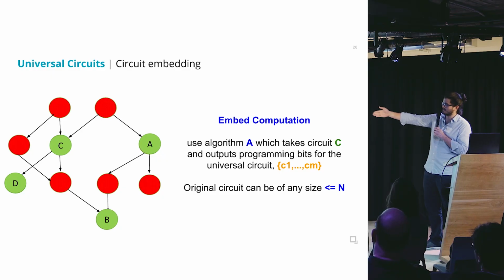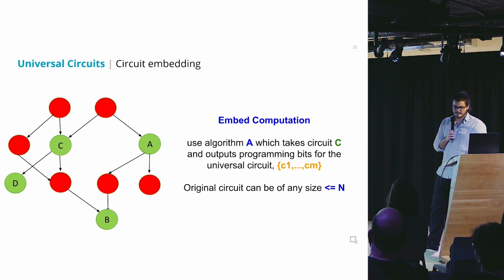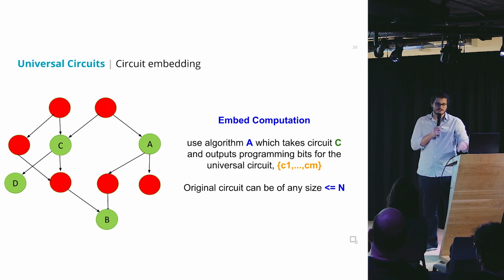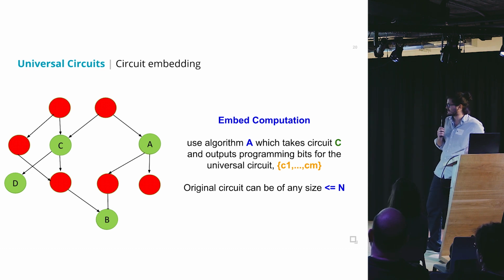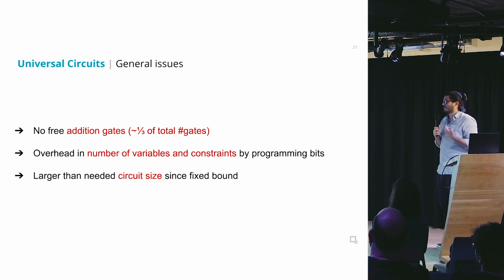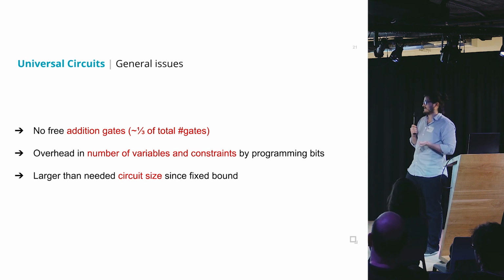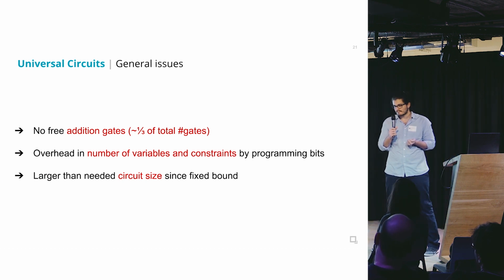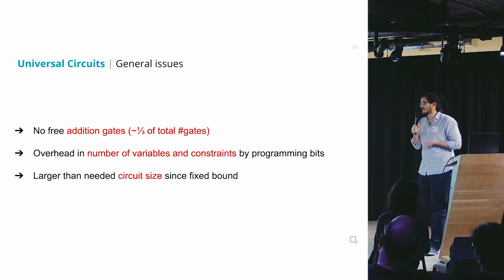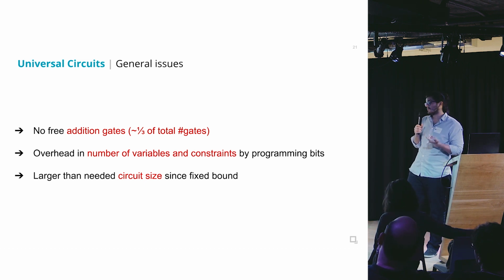So here you can see, for example, that this would be a way to embed it. And the algorithm would generate the programming bits, both for the routing. So it would take C, A, D, and B to the right positions and compute the right functions at each of the gates. So the main difficulties with universal circuits when applied to SNARKs essentially are that, one, we now